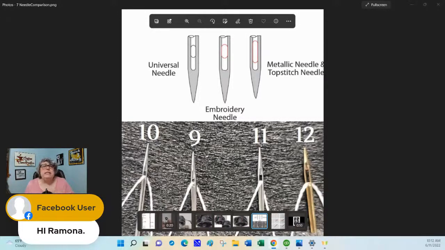The reason I did this is because with this size 9 needle, people will want to put their 40 weight thread in a size 9 needle. They're going to experience shredding and thread breakage. The reason for that is because that eye is too small for the 40 weight thread. There's too much friction, so it just saws the thread back and forth. There's not enough room for it to move around.